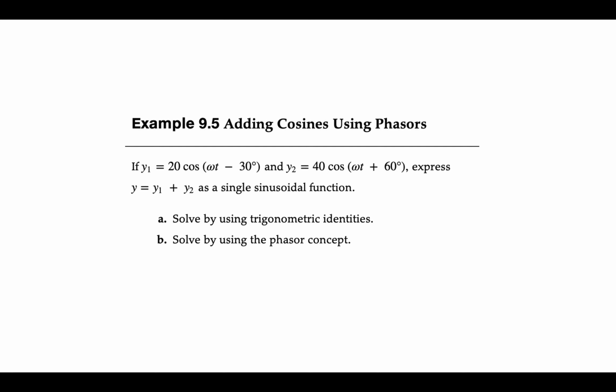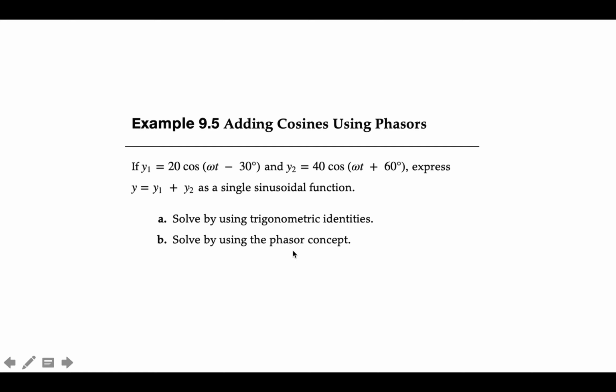Okay, so here's an example of how to add cosines using phasors, and I'm actually not going to do the solution using trigonometric identities because I don't want to introduce confusion. So what I'm going to do is show you how to do this using phasors. The reason this resource has a part A and a part B is they wanted to demonstrate to you how difficult it would be to do this using part A and how much easier it is using part B. So I'm going to ask you to just take that on faith